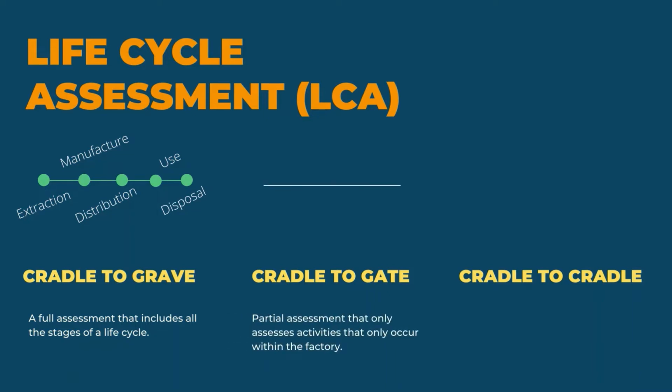The second type of assessment, cradle to gate. It is an assessment of a partial product life cycle from resource extractions, which is cradle, to the factory gate, that is, before it is transported to the consumer. Other stages are well aware, but the assessment is only focused on one stage.